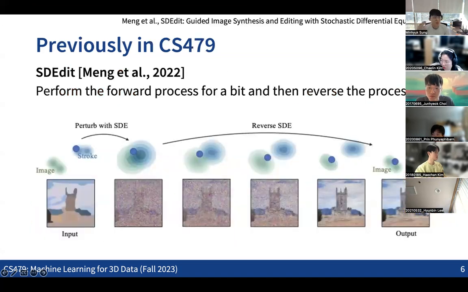The first thing was the idea of SDEdit, which is basically just repeating the forward process and the reverse process. When you start from unrealistic images like sketches, we perturb the data by running the forward process a little bit, and then reverse the process back again, so that we can obtain realistic images that are close to the unrealistic input images. So this was a very simple idea.